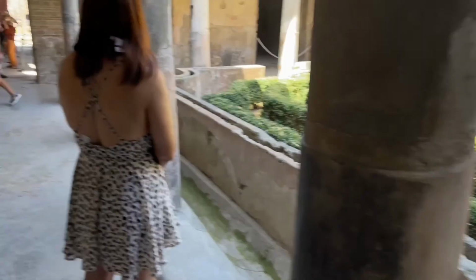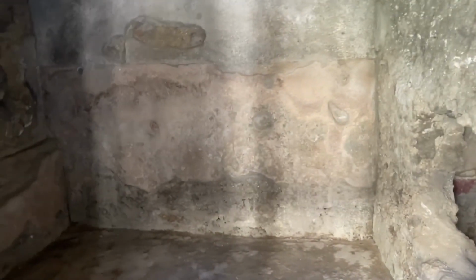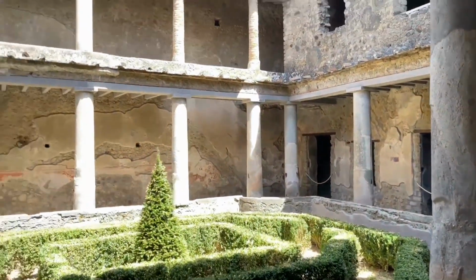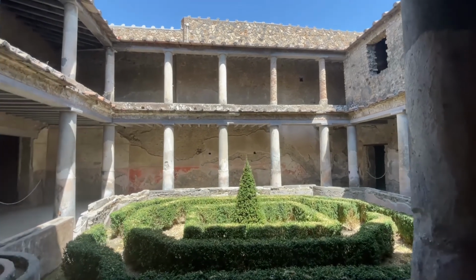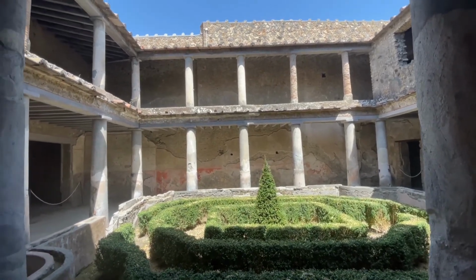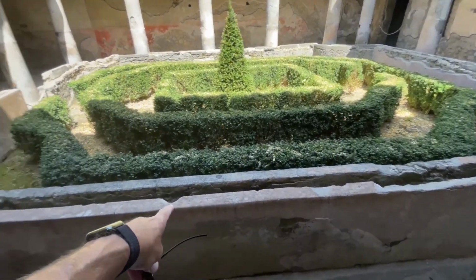Now, as I told you before, the name of this house is the House of the Lovers, not the Lovers' House. But why? The lovers are not owners. Huh, water. Pretty amazing, huh? Oh, and I bet water would run through the...